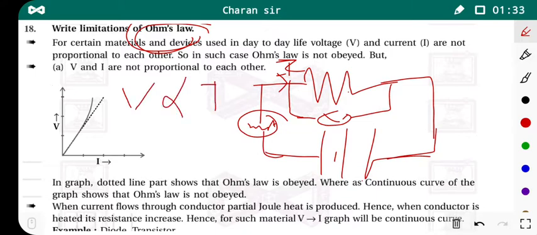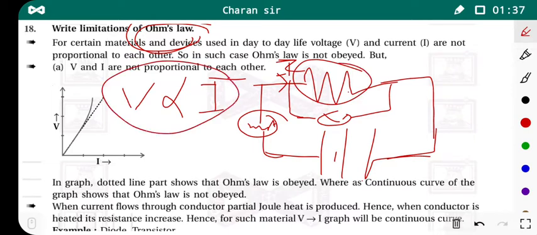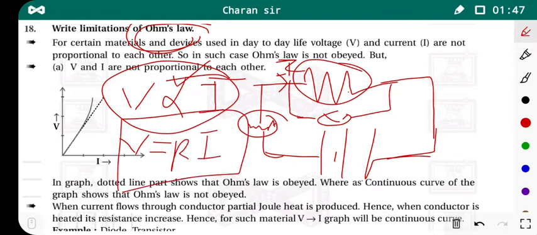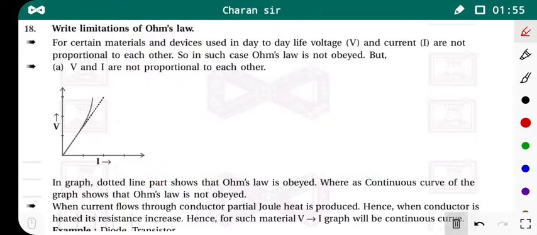Is it okay? Now the physicist Ohm concluded that the voltage difference across the conductor is directly proportional to the electric current passing through it. So this law is known as Ohm's law. When we remove this proportionality, we must introduce a proportionality constant. So we get V equal to IR. Here R is the proportionality constant, that is known as resistance. So this is Ohm's law. What is Ohm's law? Ohm's law is given by V equal to IR.